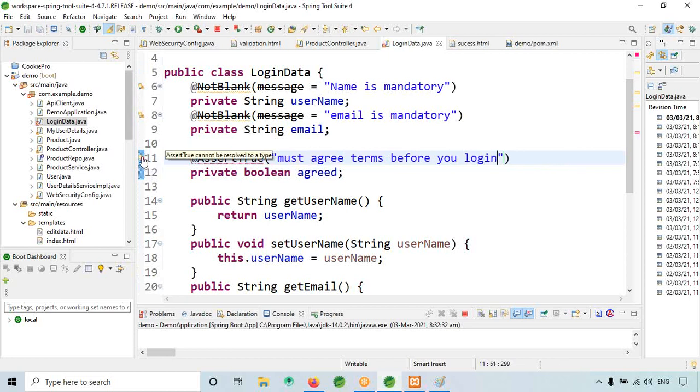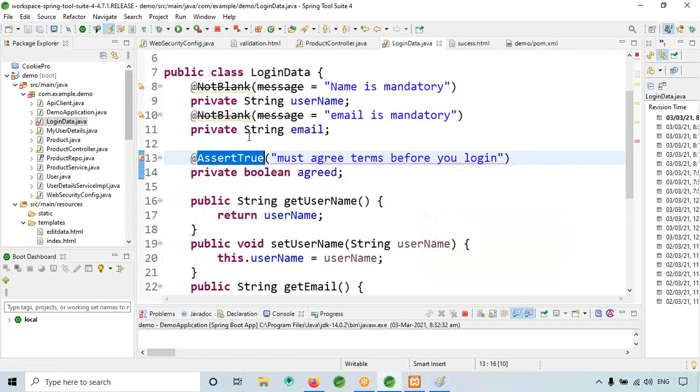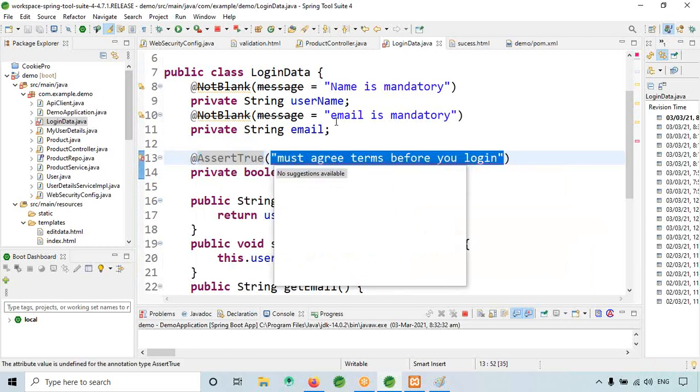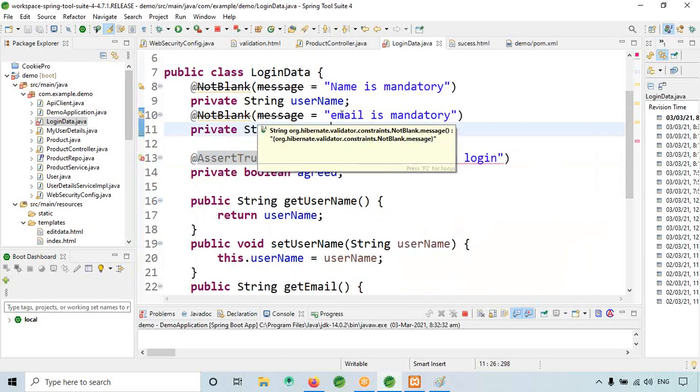Okay, so here click this import. Okay, this is for the checkbox. Click assert value. Okay, so like this we have message is equal to like that, right?